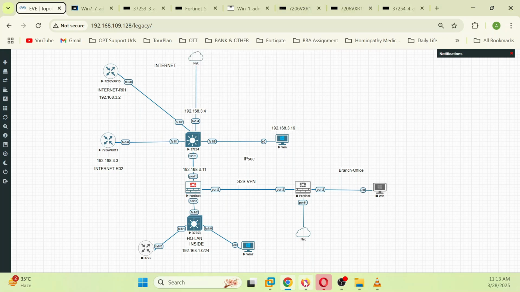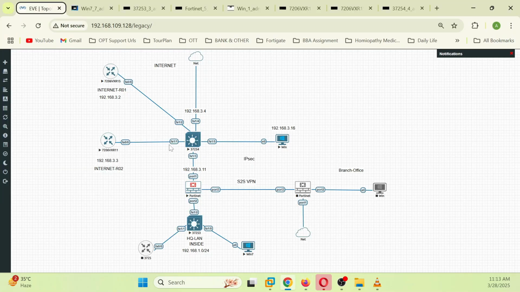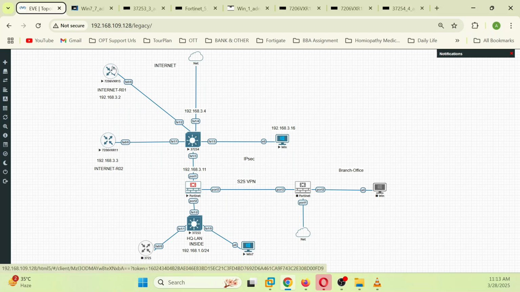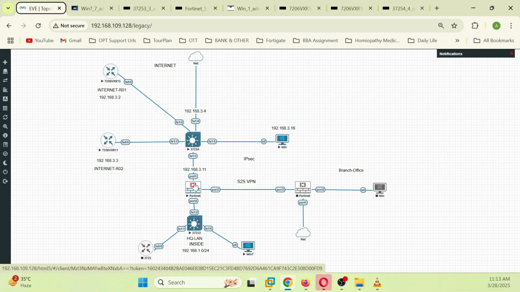Now we can go and check the diag flow. So what to do in the diag flow? First, that should be understood. What happened now is that when you try to telnet or ping or HTTPS, it is not working. It is working for router 2, but it is not working for router 1. We can check that the session is established, also you can check that the policy is there, and in the sniffer you cannot see the return traffic. So now I can definitely say that the issue is with the router, but for understanding what actually happened,